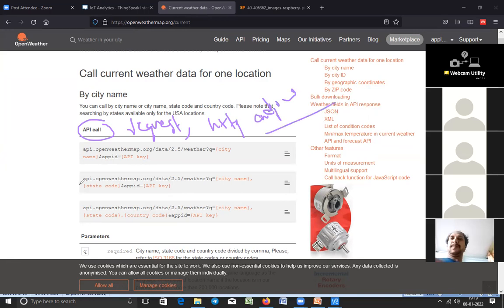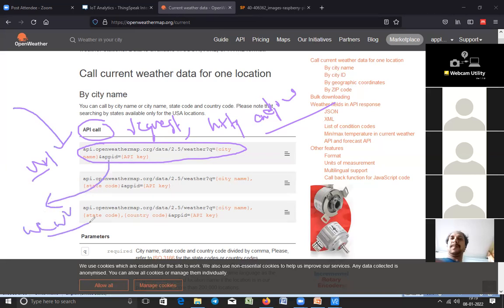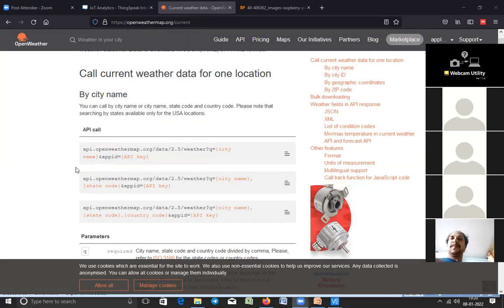So we are going to make a request using this particular URL. This is the URL. When you request this URL, the server gives you a response, the current weather data response. This is the URL on which you have to make a request. Then the server will see and give you the data for that particular city. So copy this, all of you. You can just copy this, or click here to copy.